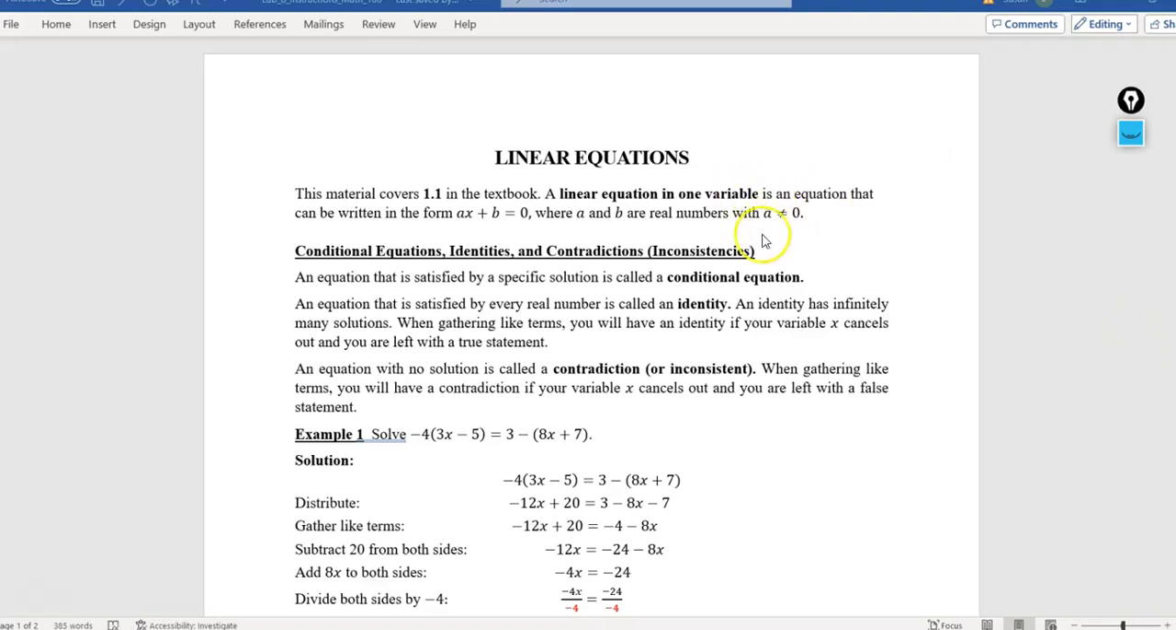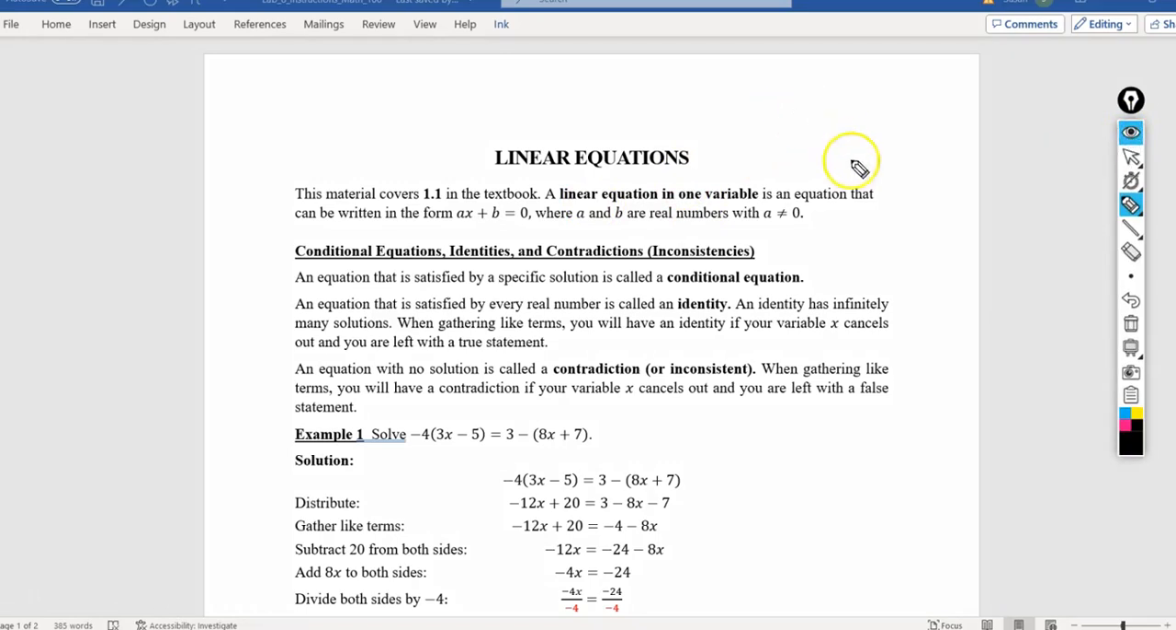This video is going to be looking at linear equations, and there are three types of linear equations that can result: a conditional, an identity, or a contradiction. Some books will say inconsistent. Our book says a contradiction. So a linear equation